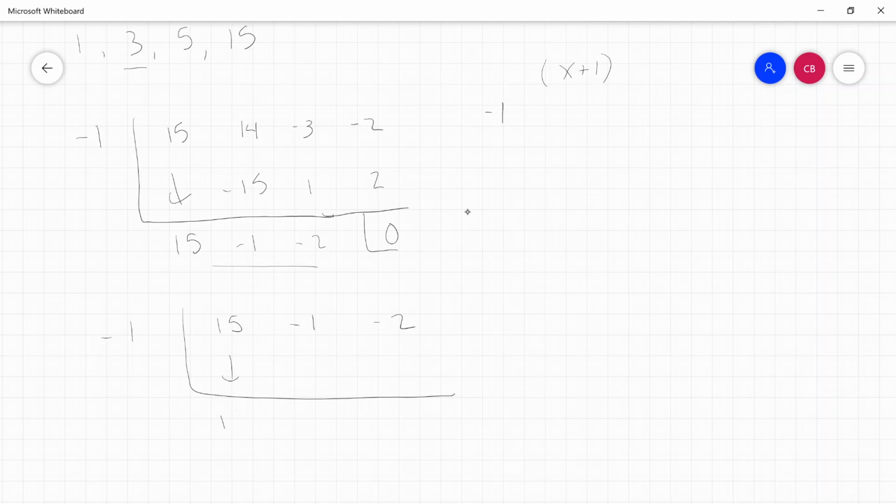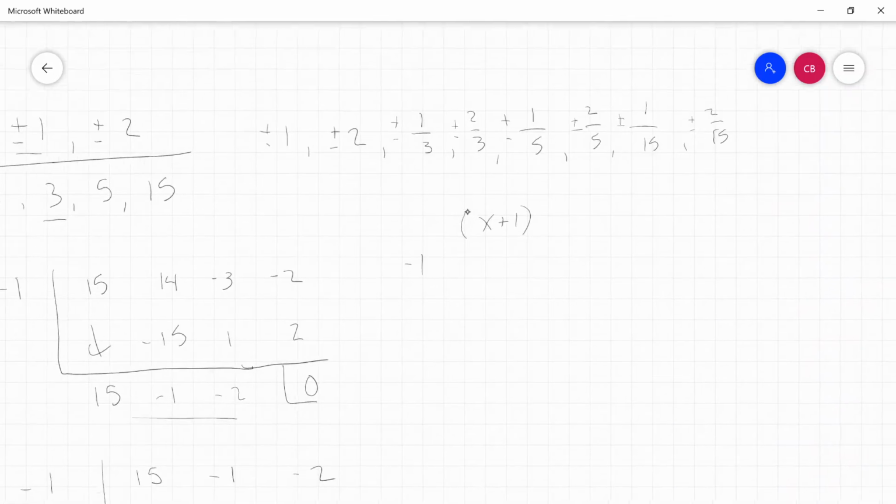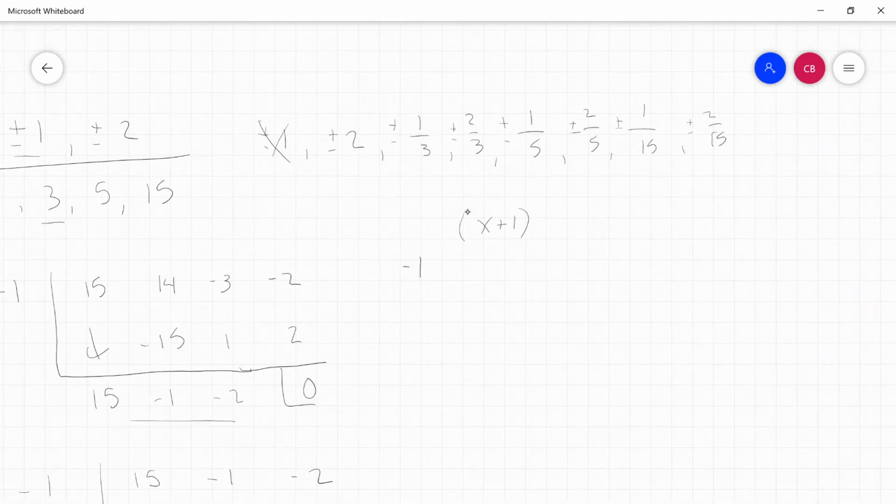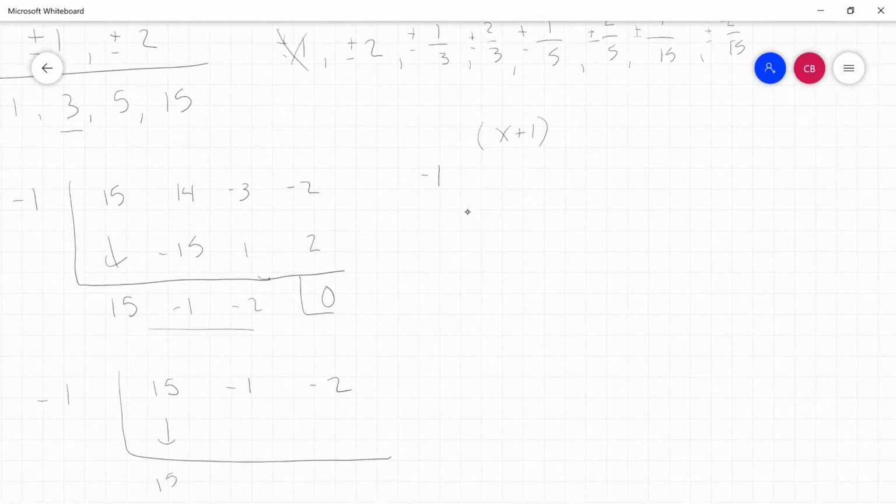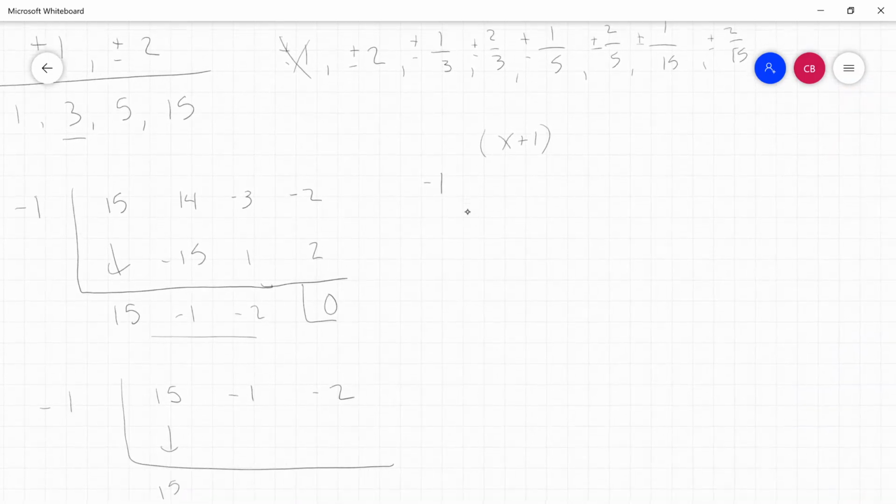So if I go 15, 15, 1 didn't work, so we don't have to try that again. -1, that's -15, and that's not going to be good, right? Because that's -15 minus 1, that's going to be -16, and then times that, that's not going to give you 0 here at the end. So -1 and 1 are gone. Okay, that is not it. We need to try something that's going to shrink this considerably. So let's try,